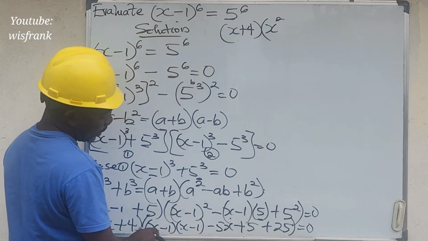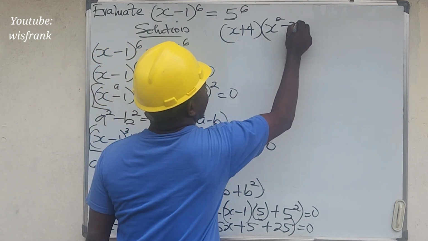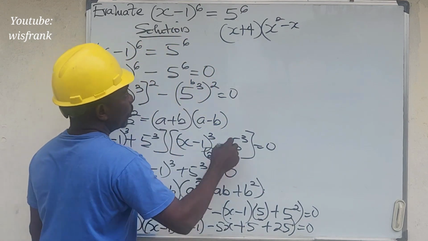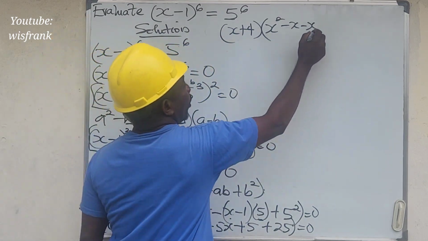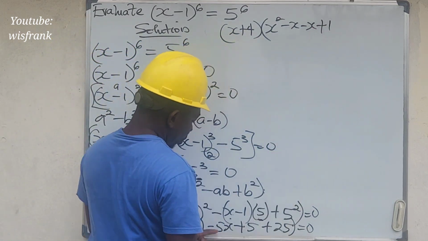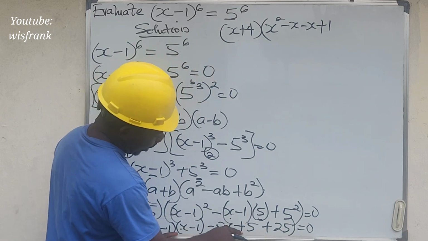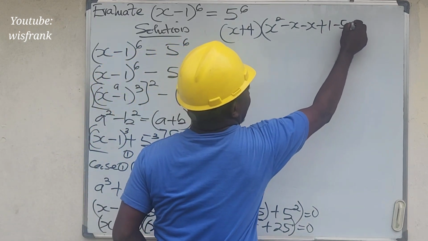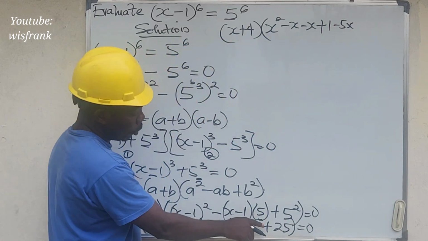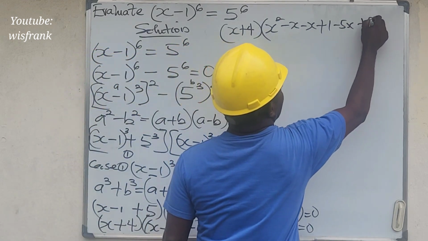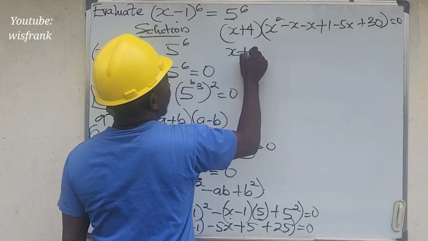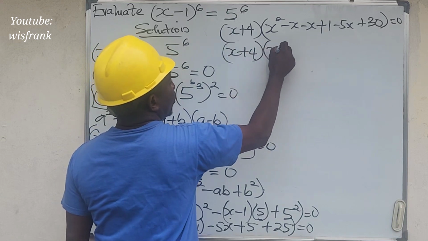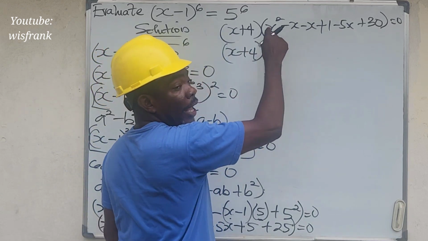We have x times minus 1, we have minus x. We have minus 1 times x, we have minus x. Then we have minus 1 times minus 1, we have plus 1. So we have here minus 5x. Here we have minus 5x. Then we have 5 plus 25, which is plus 30, all equals 0. So here will become (x + 4)(x^2 − x − x